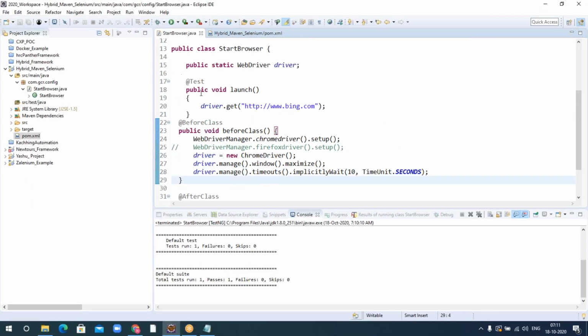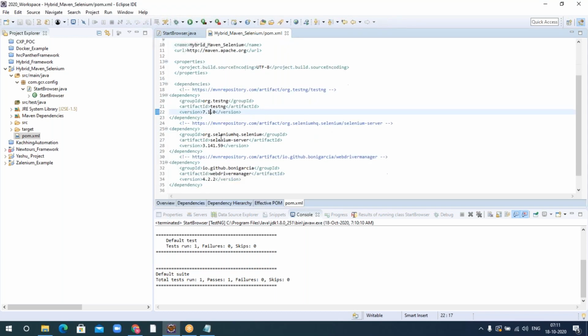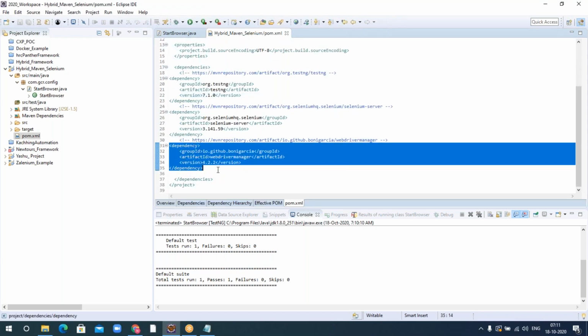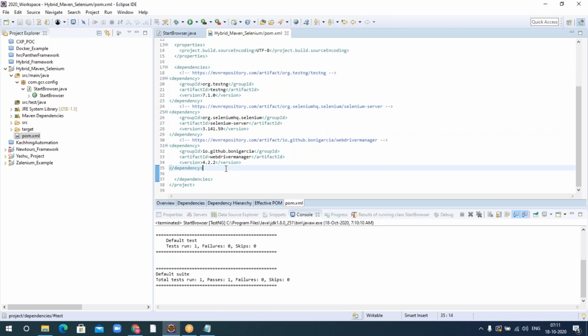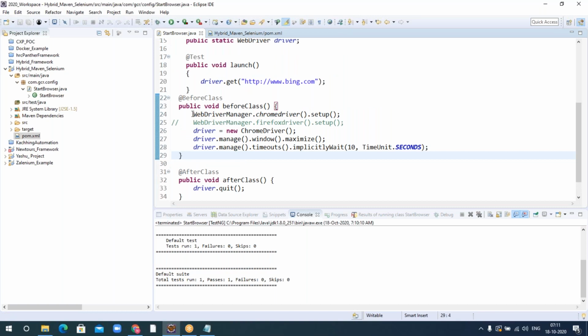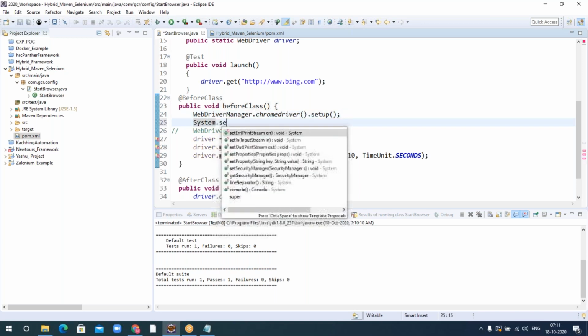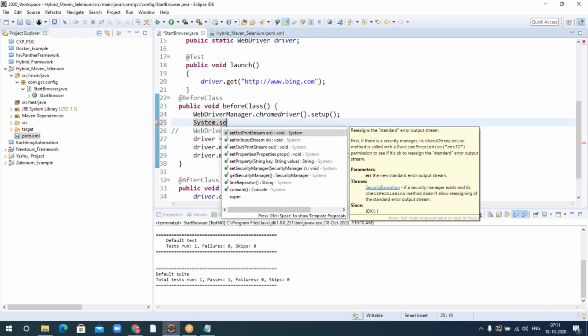Can you please explain again how we add the browser dependency in Maven? Okay, this is the WebDriver Manager. I just added this dependency, and in my script I added this line, WebDriverManager.chromedriver().setup(). If you are not using that, then you have to use System.setProperty, download the chromedriver.exe manually from the ChromeDriver site, and give the path.